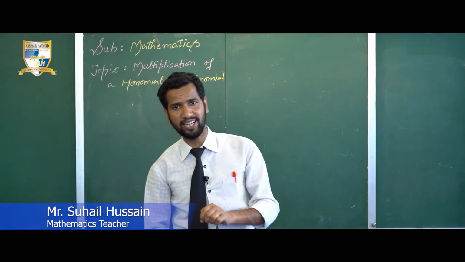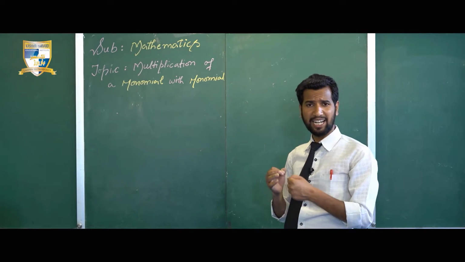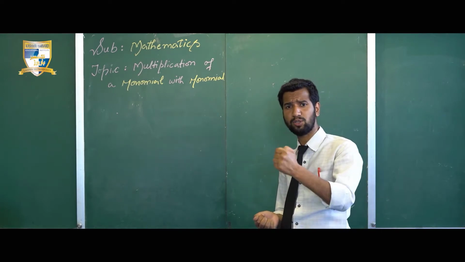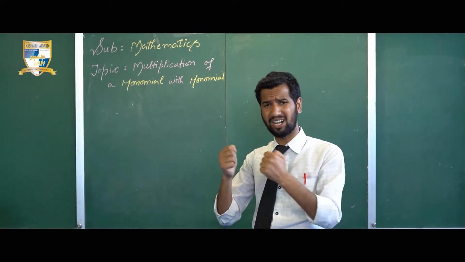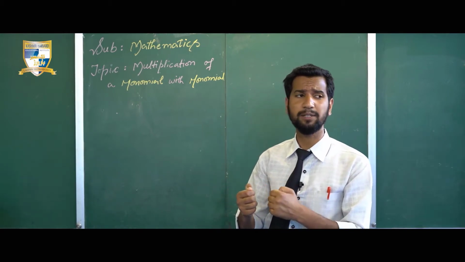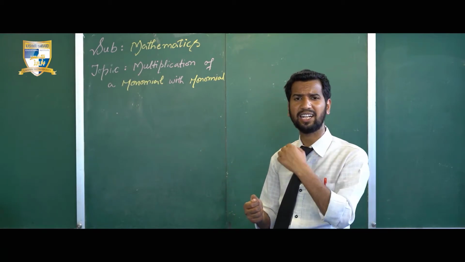So without any delay, let's start with the name of Almighty. Today exercise 9.2, last time it was exercise 9.2 up to question number 2. In our previous lectures we have learned what an algebraic expression is and the key terms related to it, like coefficient, factor, constant, variable, like and unlike terms.